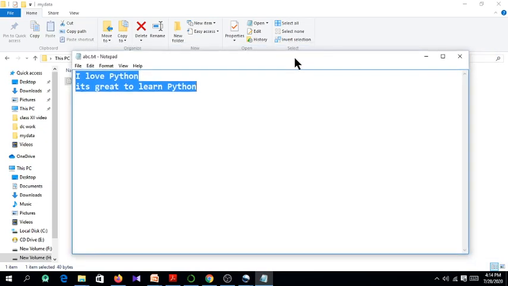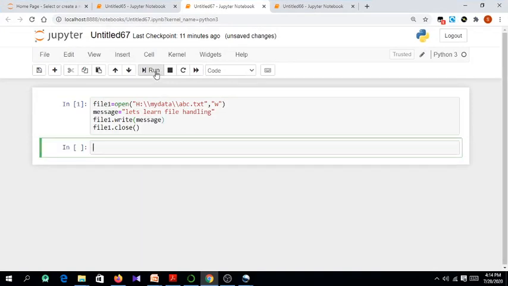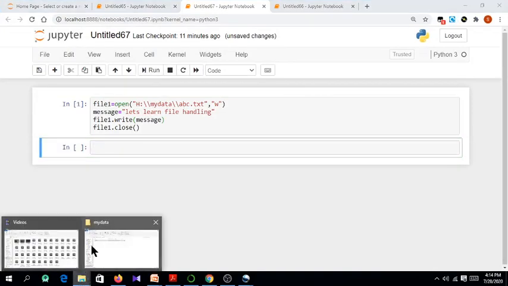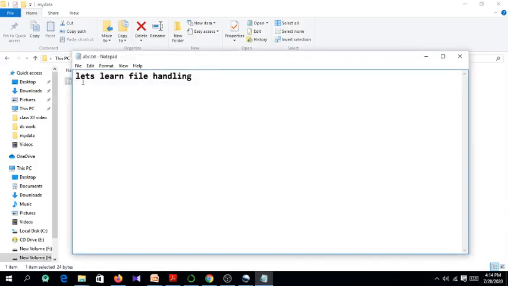Now let us try to do this. Let me run the program. Let's learn file handling. I am going to execute the program. Okay, no error. Now let us go and see the same file. Previously there were two lines. Now if you see this, it says "Let's learn file handling." The previous content, the two lines that we have just seen, are now overwritten by the new thing that we have written into the file. So this is how write works. It deletes or overwrites the previous content to write the new data that we are going to write.